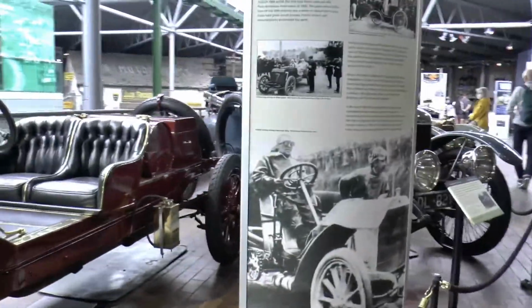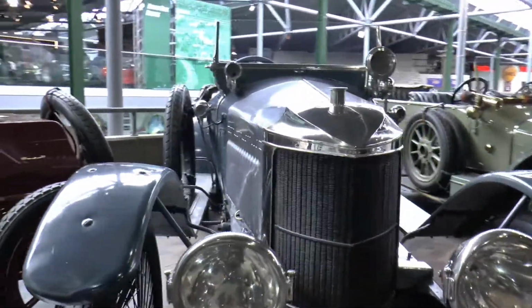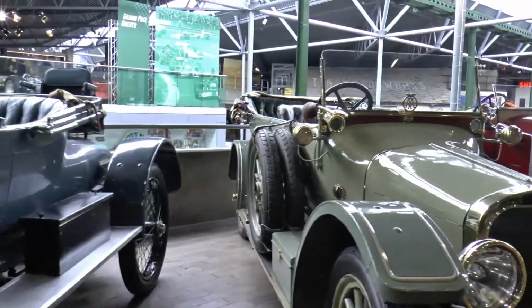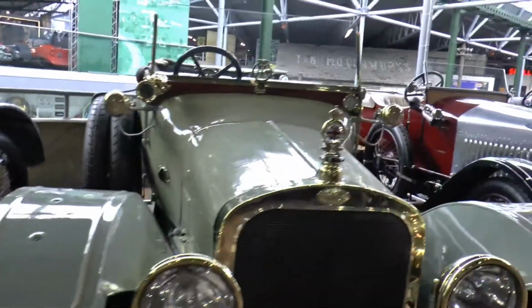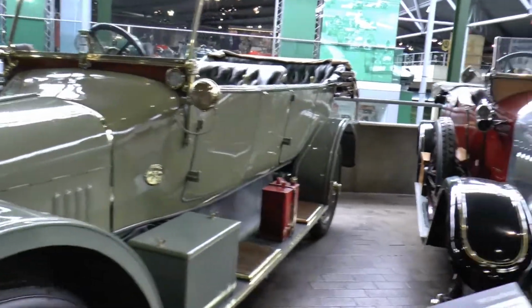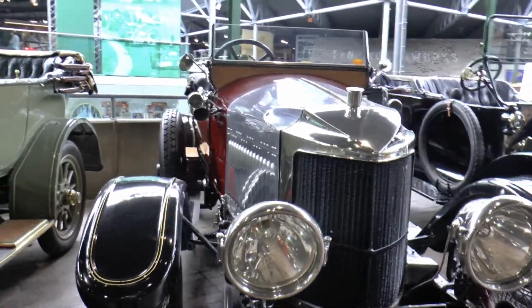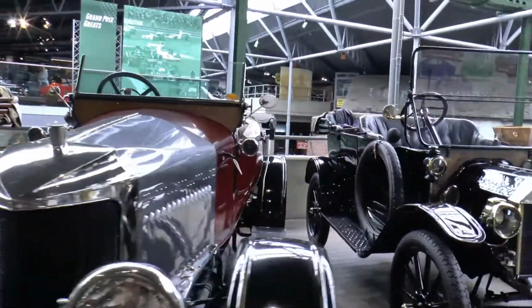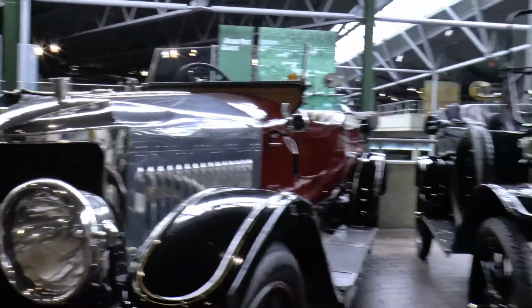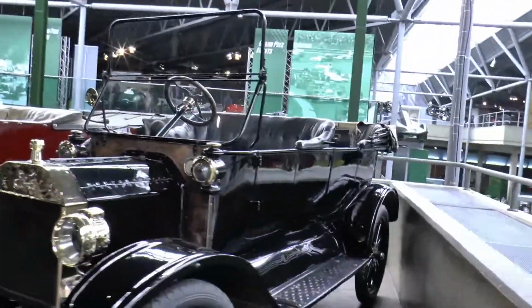So we're passing some of the old cars heading towards Chitty Bang Bang. There's Vauxhall Prince Henry. There's a Sunbeam, 1914 Sunbeam. Very good condition. Very nice. I have another Vauxhall Prince Henry, silver and burgundy. Very nice car. And then we have Model Ford T, which leads us to